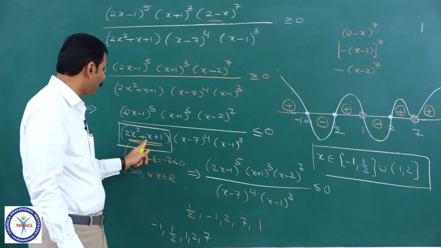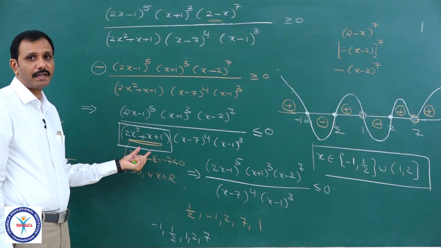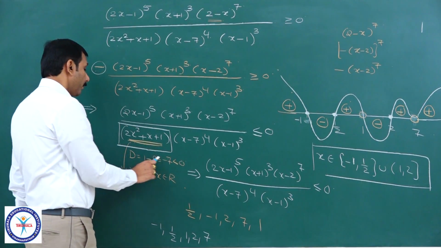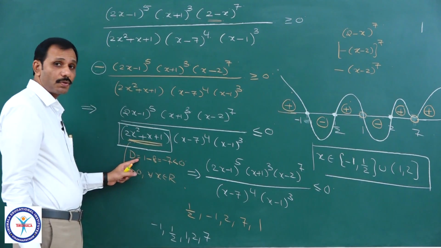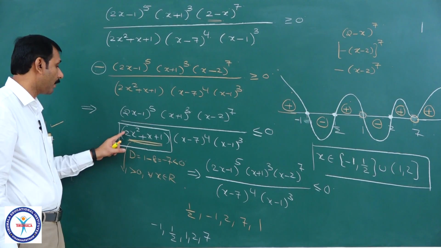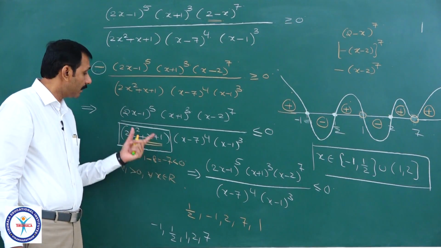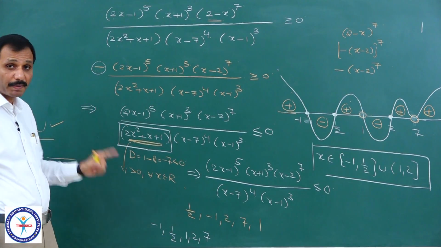Here it is quadratic. Check whether you can write factors for that or not, that is, whether it has real roots or not. Discriminant, minus 7, b square minus 4ac, therefore it has complex roots. The sign of this quadratic depends on the coefficient of x square, because it is positive, completely positive for all x belonging to R. That discussion in the previous lecture we have completely seen, even the previous problem also we discussed.